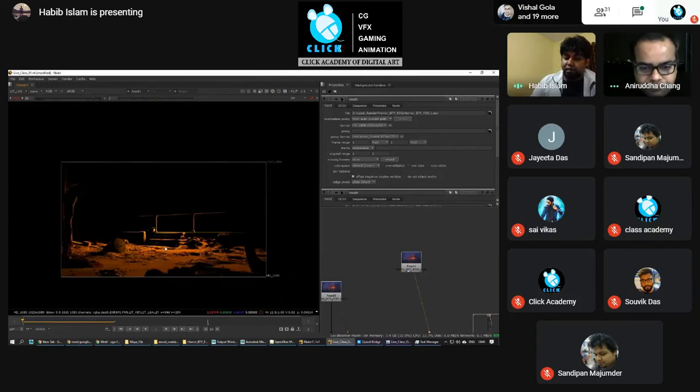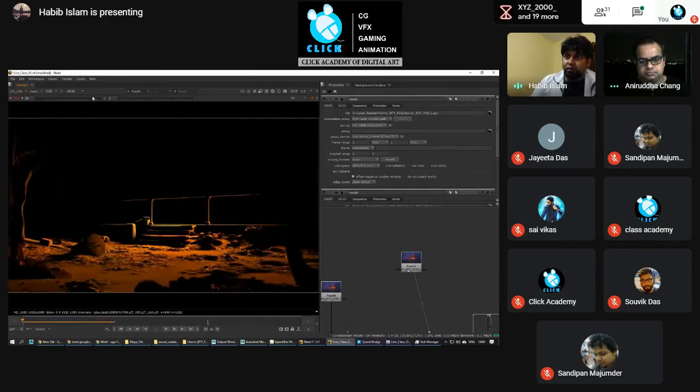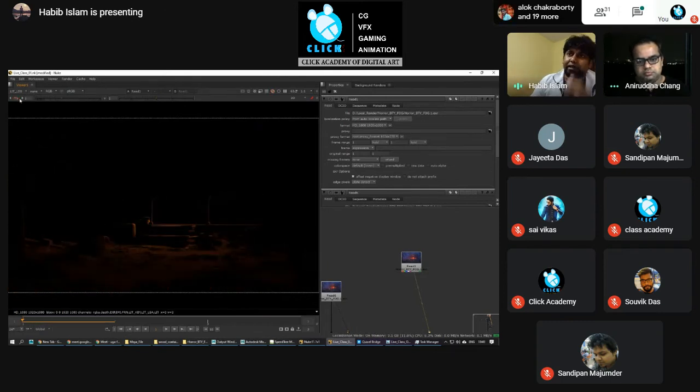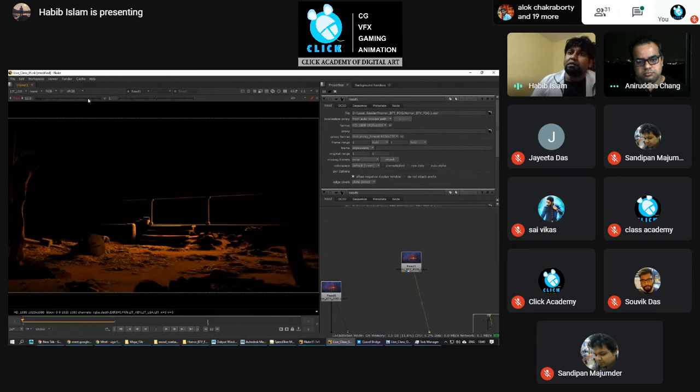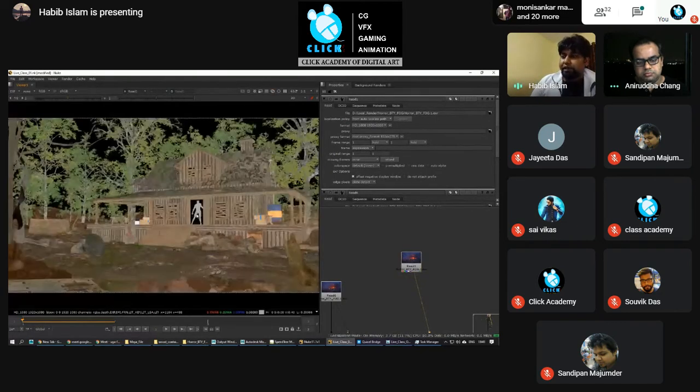So if, after rendering, you think you need this light more bright or less bright, you can do that easily in compositing without re-rendering the passes again. So the main thing is separating all the passes to control in compositing. First you render, then without any major changes, everything you can control in Nuke, you can do.